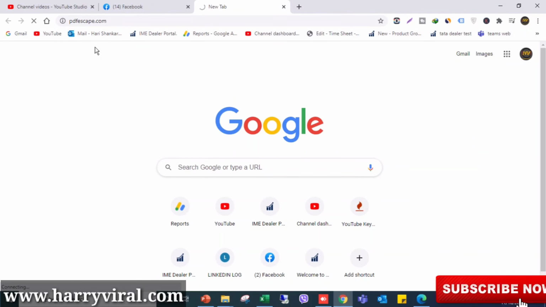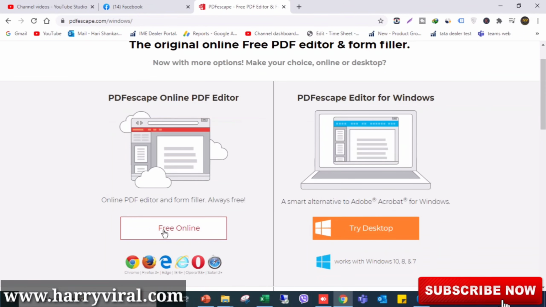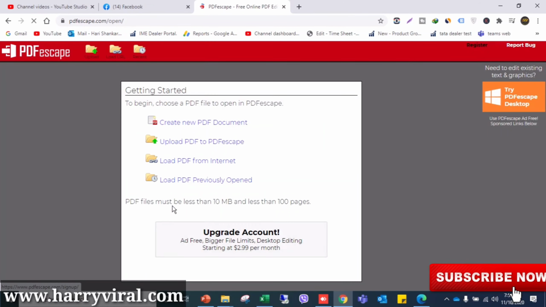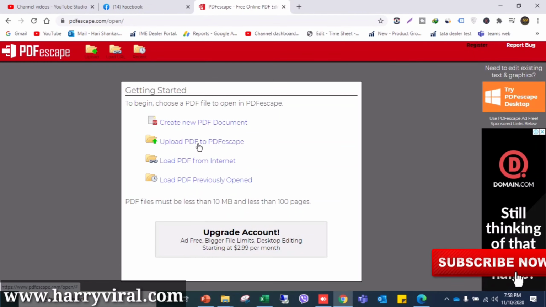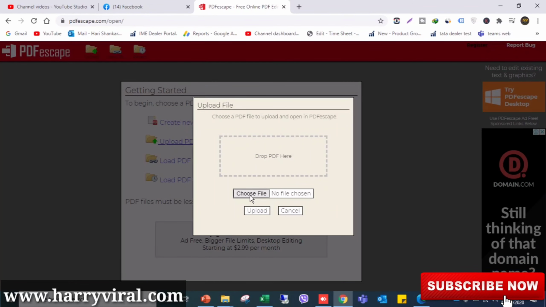PDFescape.com, and then you can see here, just go here and click free online, and then you can see upload PDF to PDFescape. So I'm going to upload the file which I have in my local drive. So I'll upload here and choose file,